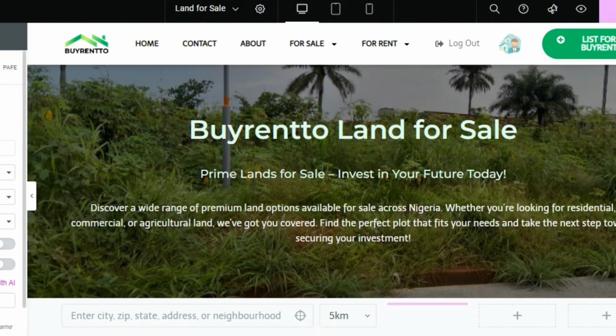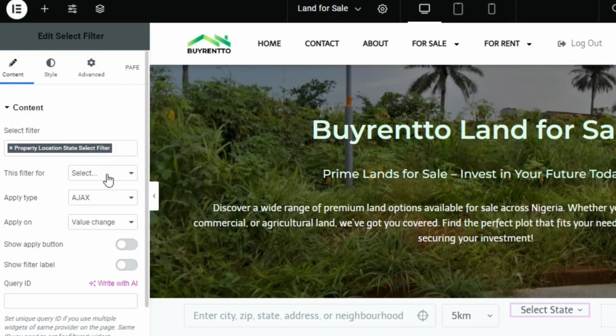Then I look for the filter location as property location state filter. This filter is for JetEngine. The query ID, recall, is land for sale. So I'm going to copy this key,